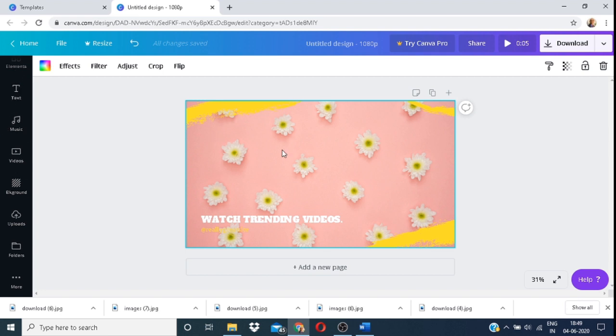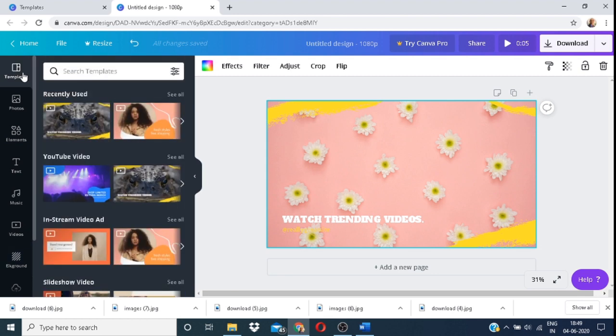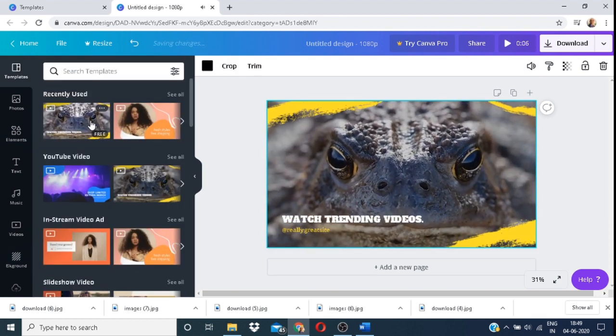Now to start with, I am going to start by choosing a template. I think the template that I have chosen already looks pretty good. So let's stick with this.